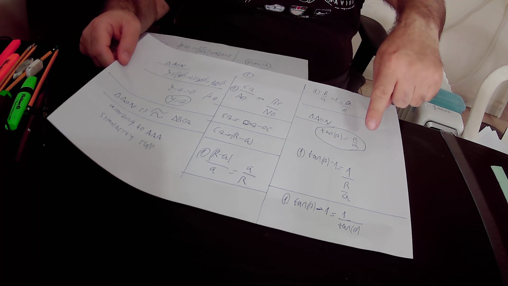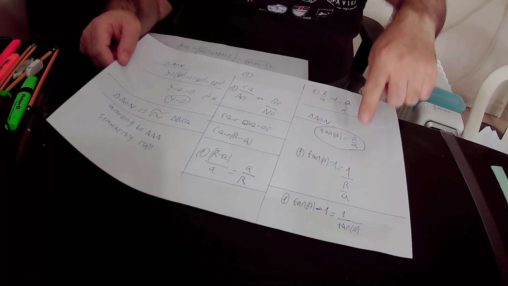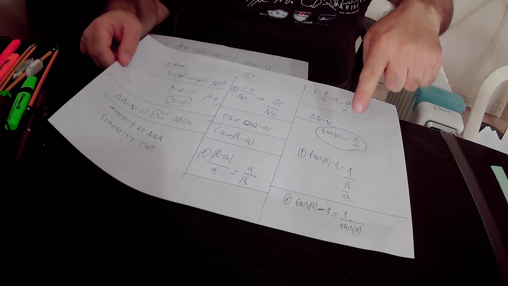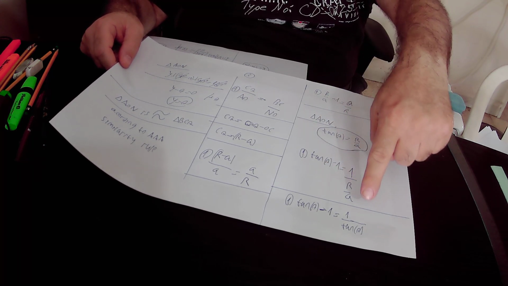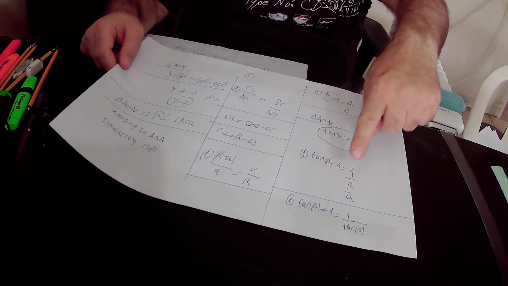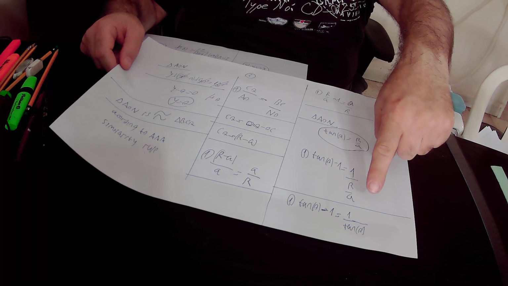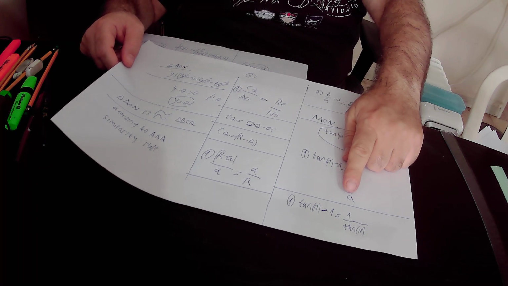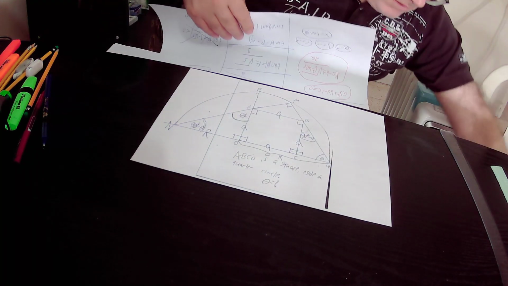But A over R is equal to 1 over R over A. So we can substitute now R over A by tangent theta. We did it and we got that tangent theta minus 1 equals 1 over tangent theta. So in conclusion, according to equation number 1, tangent theta minus 1 is equal to 1 over tangent theta. We multiplied equation number 1 by tangent theta, and we got that